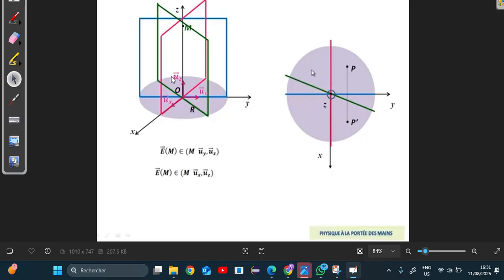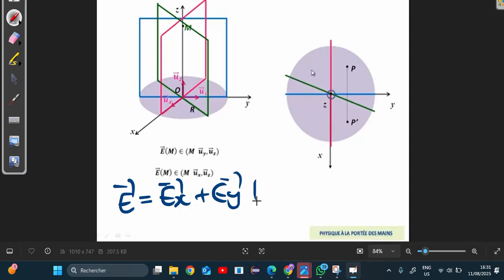So according to principe de Curie, for us to know the direction of E, because E will have 3 components, one in the X component, the other in the Y component, the other in the Z component. But you want to make your work easier, instead of calculating all the components. So symmetry or principe de Curie helps us nullify other components. So if you do the intersection of all these planes,